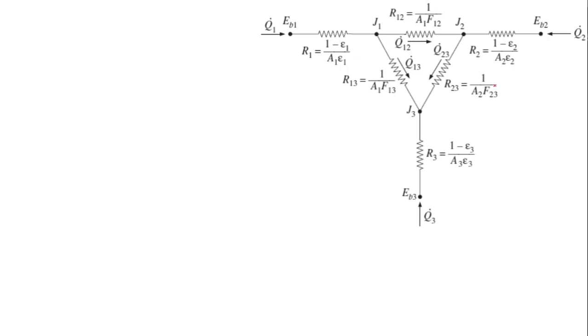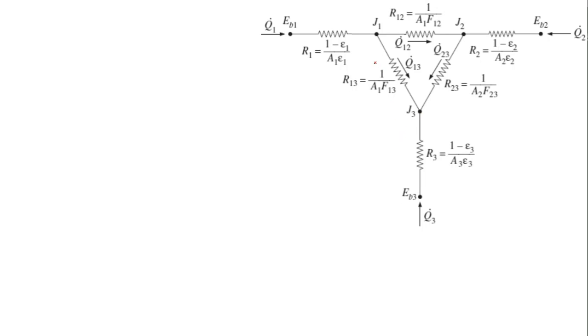Now we are going to solve this three surface network, and we are going to solve it in the same manner as we solved the two surface network. Things will be a little different here. You have to pick these points J1, J2 and J3. Associated with J1 you find one equation, associated with J2 another equation, and associated with J3 another equation. In that manner you will have three equations, and you can find a maximum of three unknowns with the help of three equations.